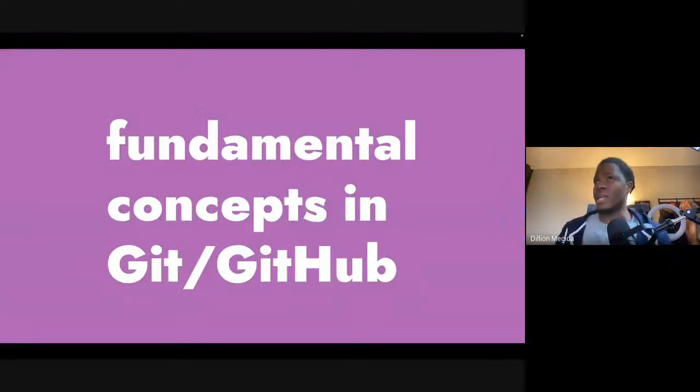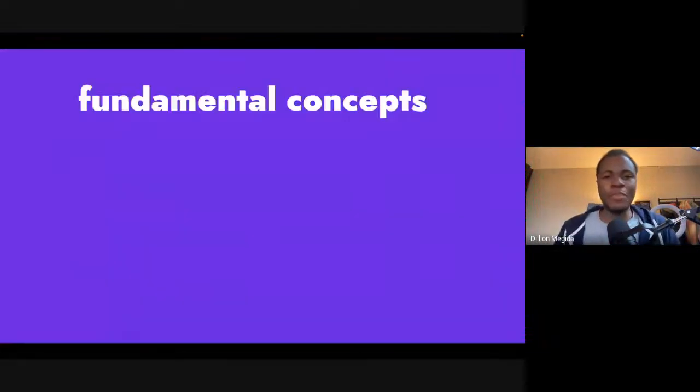So now we have seen what Git is, we've seen what GitHub is, we've seen the alternatives, we have seen where GitHub comes in. Now let's move to the fundamental concepts in Git and GitHub. And as we walk through these fundamental concepts, I will be using a simple project example to go through them. Yeah, I think we have some time to actually do that. So there are so many concepts in Git, and 1 hour or even 2 hours is not enough to look at all the concepts. But we'll be looking at a few of them that can hopefully get you started using